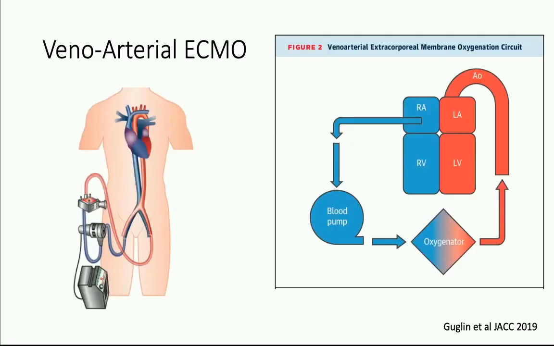Sorry, at 6 months. The veno-arterial ECMO circuit looks like this. Essentially, you have a catheter which is placed in the femoral vein, passed up to the superior vena cava, or around the right atrium, and blood is sucked through the femoral aspect. It sucks blood, and then it passes through an oxygen membrane, and then is pushed back into the contralateral femoral